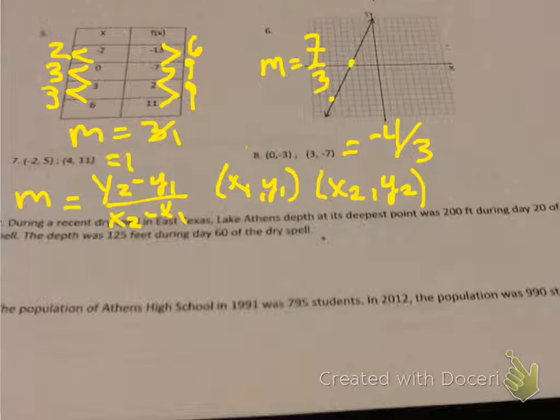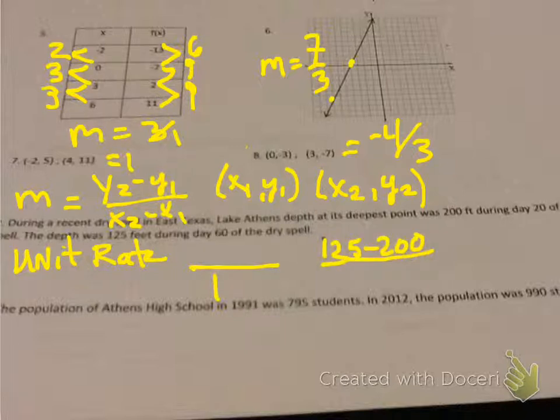All right, so now let's look at these where I have to establish the slope. Keep in mind, I want this in a unit rate. When I say that, I want an answer over 1, even if it's a decimal. So when you do this one, 125 minus 200 over 60 minus 20, I get negative 75 over 40. When you simplify that, divide that out, I believe it's negative 1.875